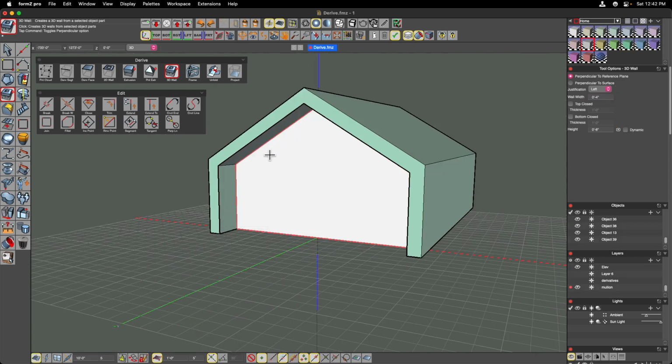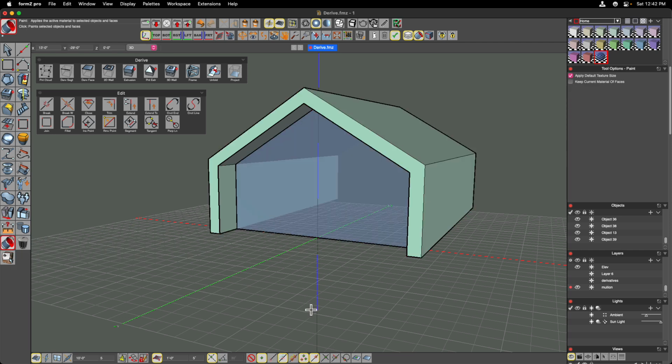So now let's turn this original source shape into glass and mullions. So the first thing I'm going to do is I'm going to paint this with a new material that I've made called glass. And I'm going to choose my paint tool in the attributes palette, click on that object to turn it into that. And now with my derive tool, I'm going to derive a three-dimensional mullion system all the